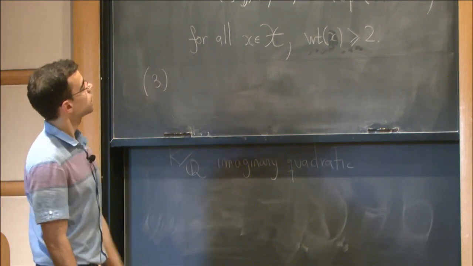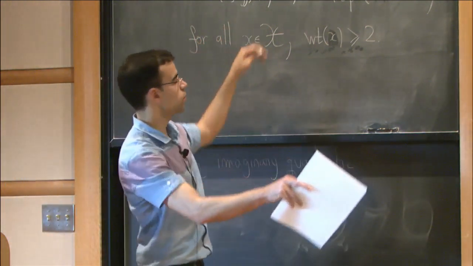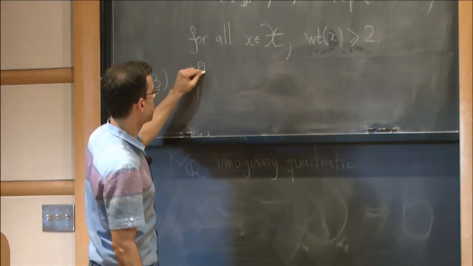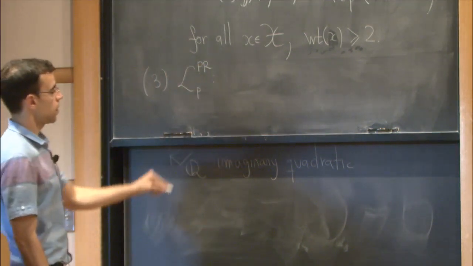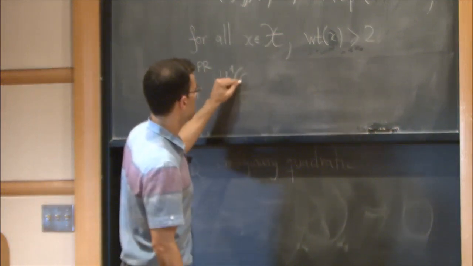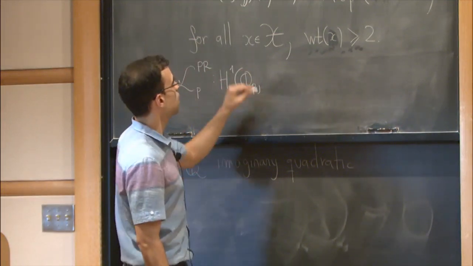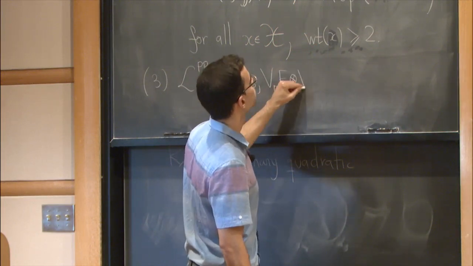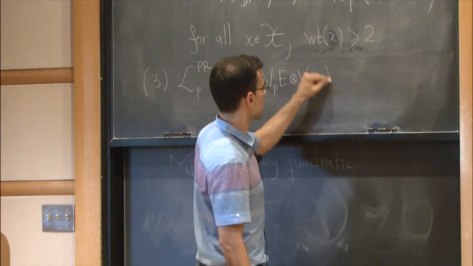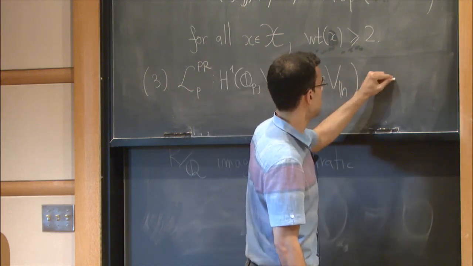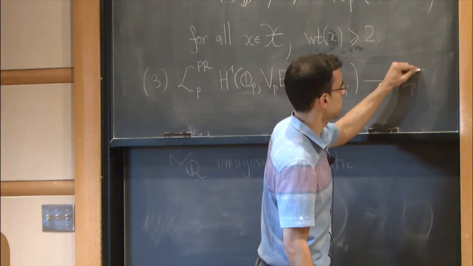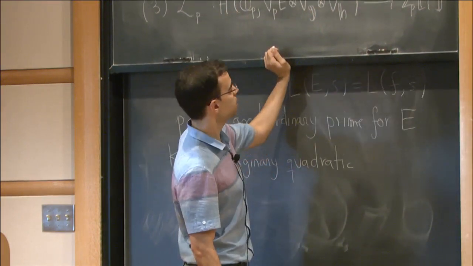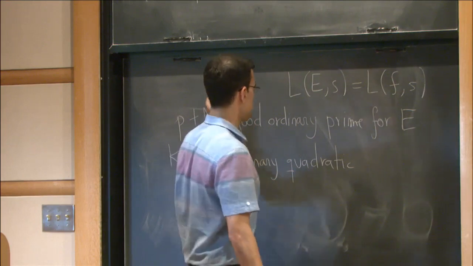Okay, and the third ingredient that will actually connect the two is a linear map, a Perrin-Riou big logarithm map, which is now a local map. So it's defined on H^1 of Q_p with values in the same triple product representation, taking values in Z_p double brackets T, the same ring where our p-adic function lives. And the property of this map